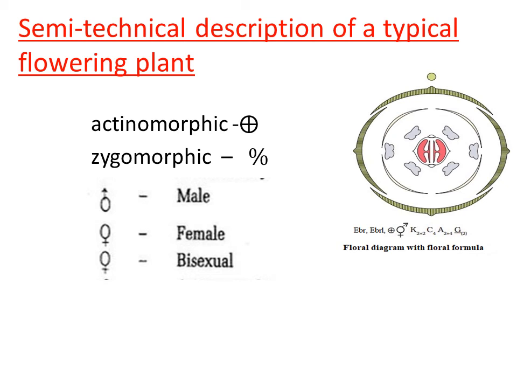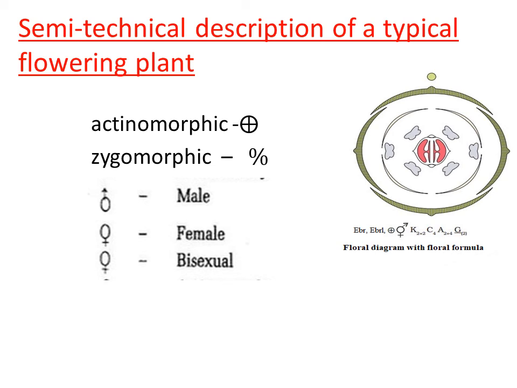Then very next to the calyx, we have the corolla. The corolla in the mustard plant shows 4 petals, arranged in valvate aestivation. So we have to write 4 petals arranged in valvate aestivation. Then let us move to the third whorl. The third whorl is the androecium, made out of a number of stamens, right? There are 6 stamens present. 4 stamens are arranged in one ring, and 2 stamens are present very near to the petals, right?